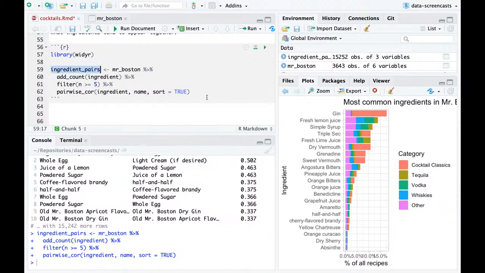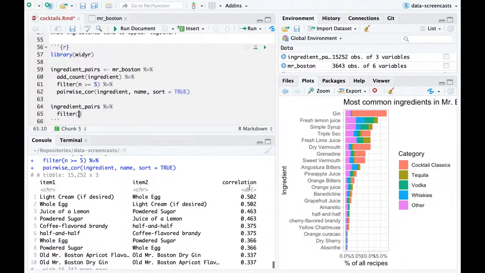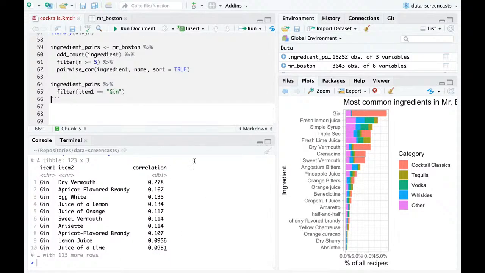Somebody shout out on the chat what their favorite cocktail ingredient is. I'm already going to go ahead and put one of my favorites, which is, let's see. Well, actually, I'm going to start with one of my favorites is gin. So we can see what are the ones most correlated with gin, and we can say filter for gin, and I could even visualize item 2